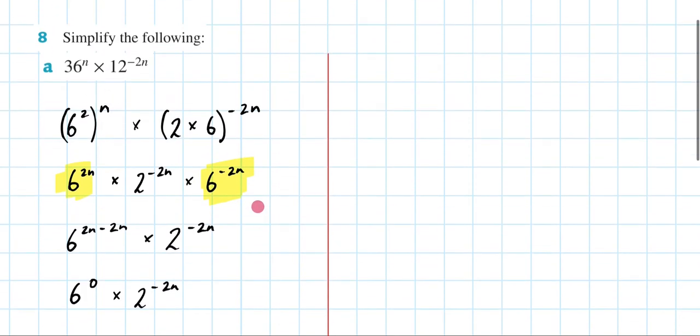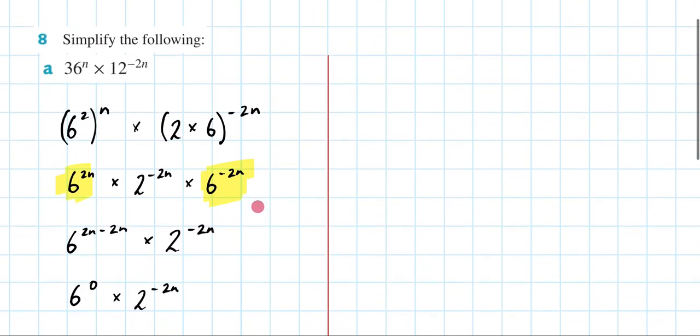Now, let's say you were unsure about what the similar bases were to be. Like I said 6 squared, but maybe you're thinking in your head, well, how was I meant to know it's 6 squared? Well, it doesn't have to necessarily be 6 squared. You just need to make sure they're similar bases. And another thing you can do in this situation, I'm going to call this option 2. Let me write it here. Option 2